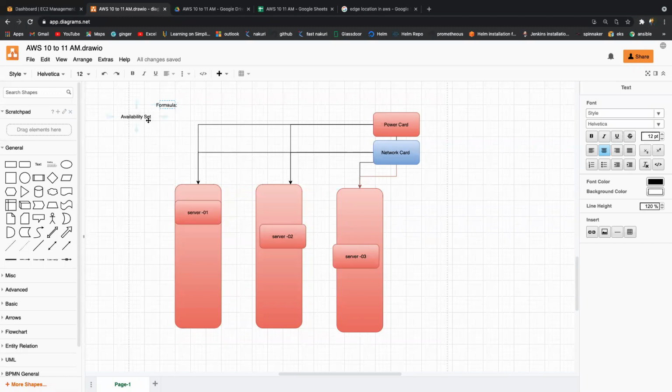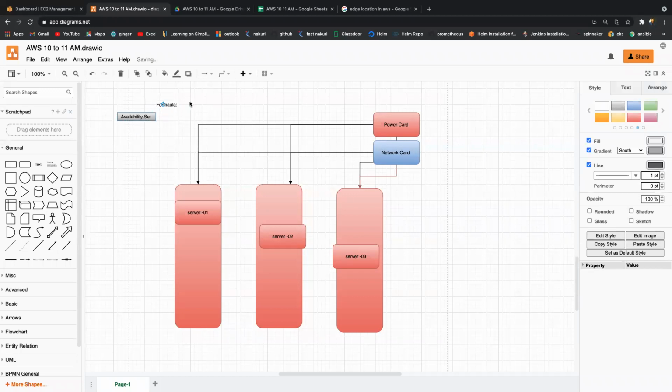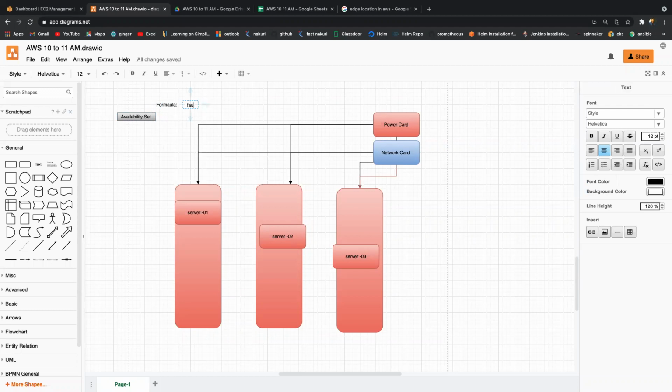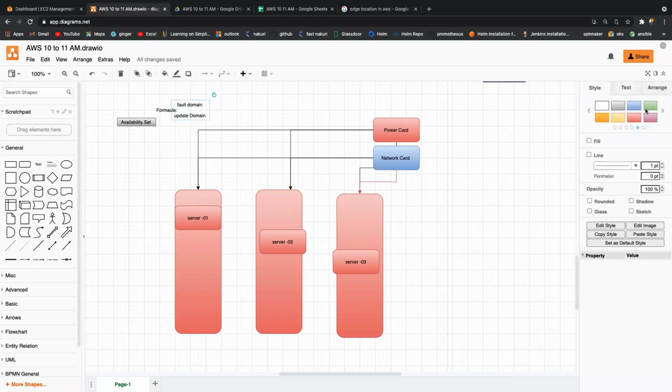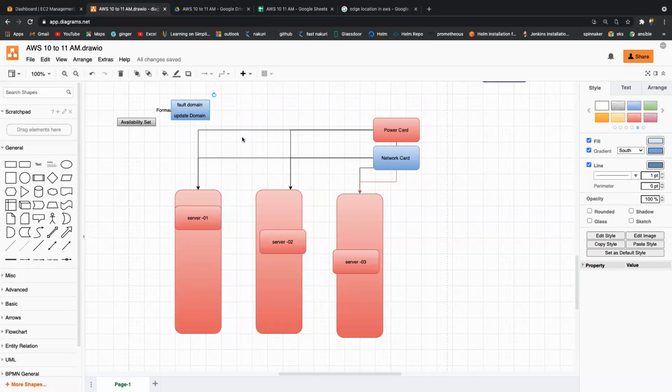So in this case, we apply the formula using availability set. The formula is nothing but fault domain and update domain. Fault domain and update domain. Consider the patching release from Red Hat. On which day are they going to release the patches? Any idea? Windows, when are they releasing the patches? Tuesday. Every month, on the second Tuesday, Red Hat and Microsoft release the patches.